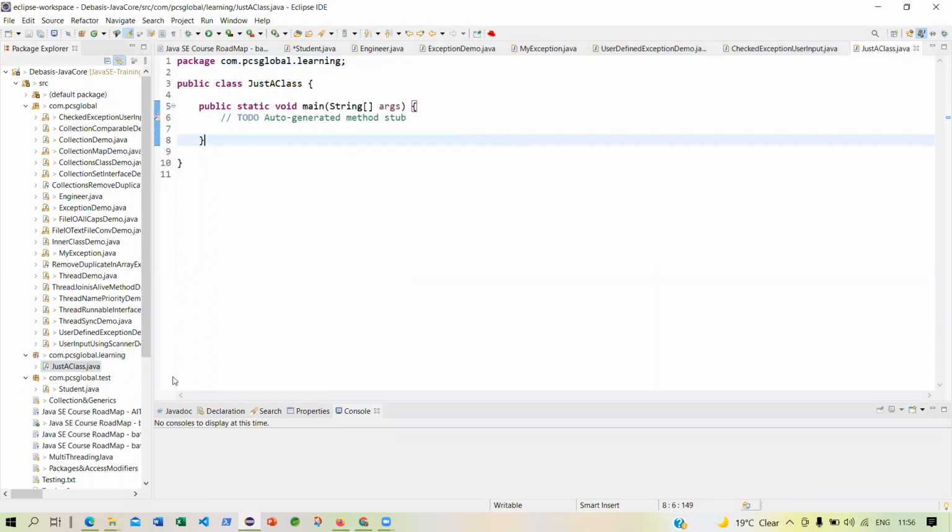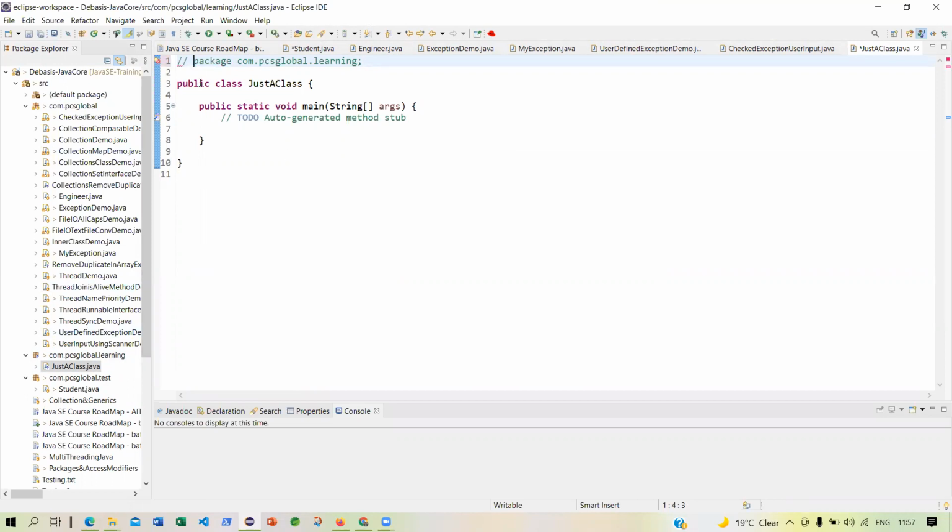Yes, sir. So if the compiler wants to find it, see, it is automatically giving you the com package. Now, if I take it out, it complains immediately, because it is not under the default package. If it is in the default package, you do not need to mention any package.